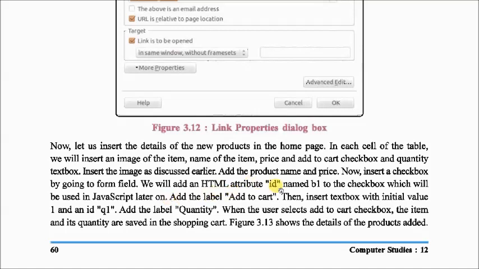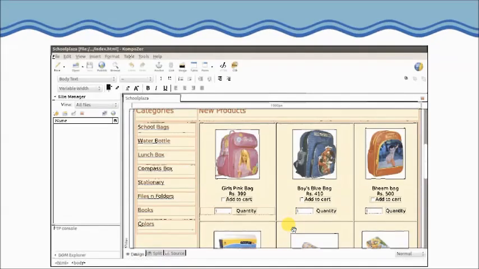Add the label add to cart, then insert a text box with initial value 1 and ID q1. Add the label quantity. When the user selects the add to cart checkbox, the item and its quantity are saved in the shopping cart. Figure 3.13 shows the details of the product added.